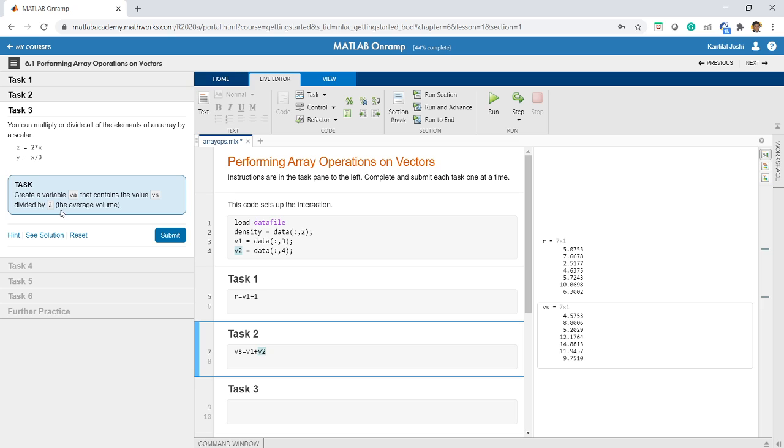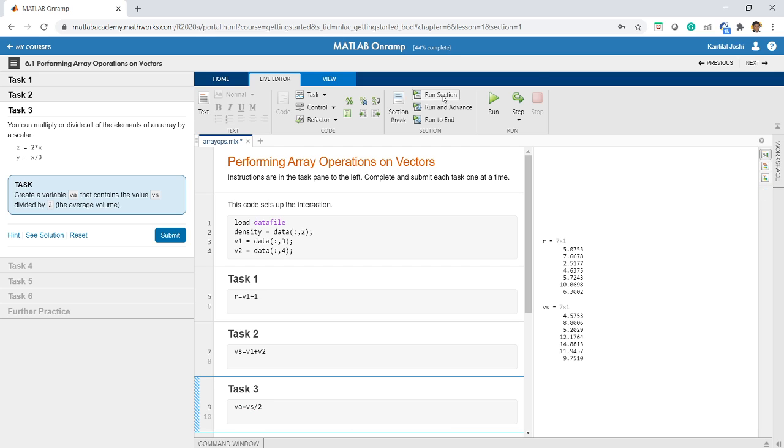Okay. So the task is create a variable va that contains the value vs divided by 2. Okay. So if I want a new variable, I will have to type that name. So the new variable required is va is equal to what I want. It should be vs divided by 2. So vs we have already created. I will simply use this for divided by 2.